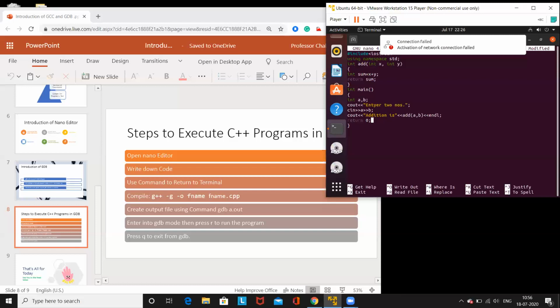Inside main, I have declared two variables, a and b, and asked, enter two numbers. The spelling is wrong there. I asked the user to put two inputs, and those two inputs get stored in a and b. Then I want to display whatever will be returned from the add function, so I displayed it using cout: addition is add(a, b). The add(a, b) function gets called inside the cout.